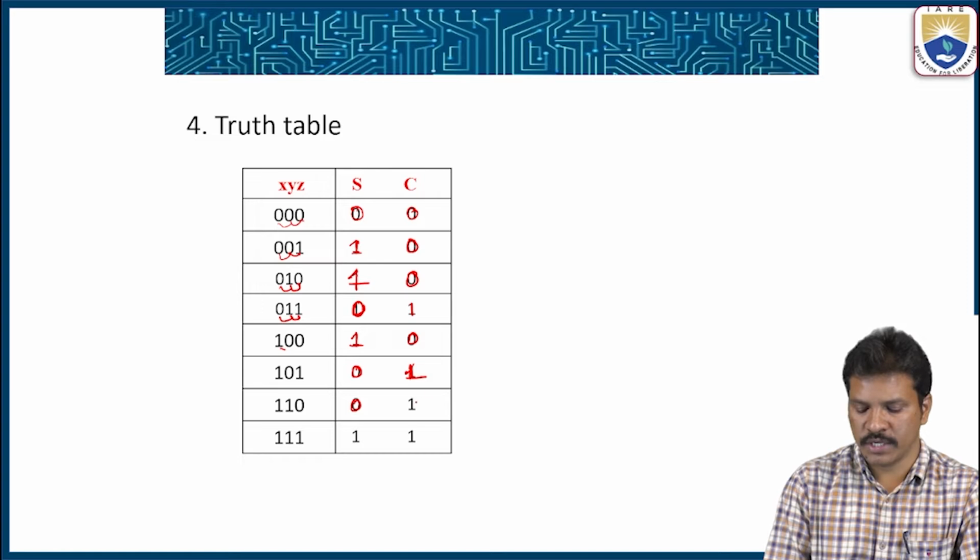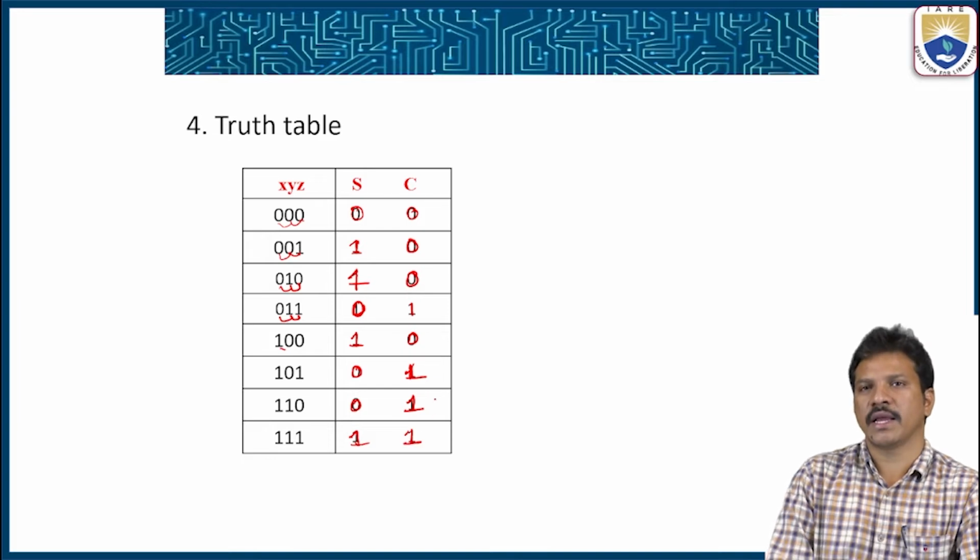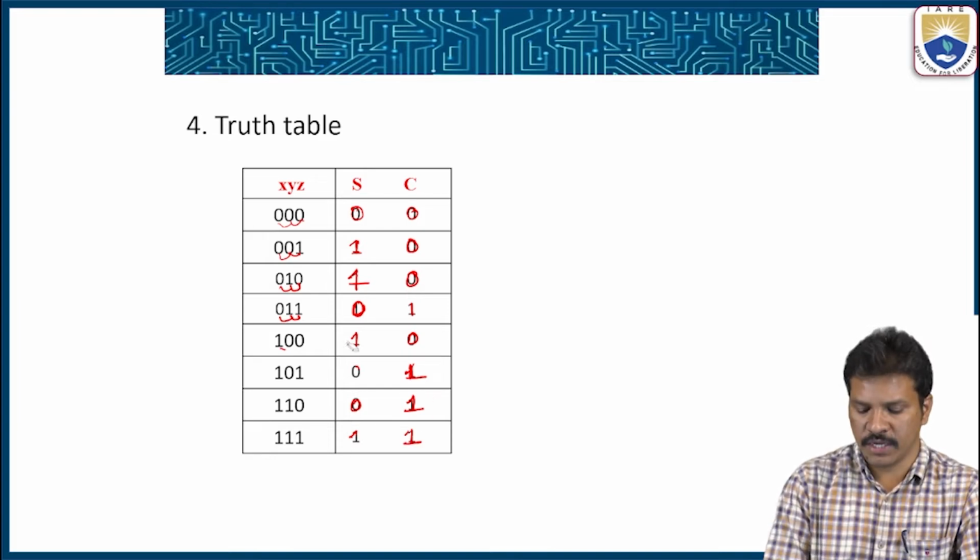If 0 sum, 2 ones are there, sum 0, carry 1. If 3 ones are there, sum 1, carry 1. So likewise we can calculate. If you see these entire things,